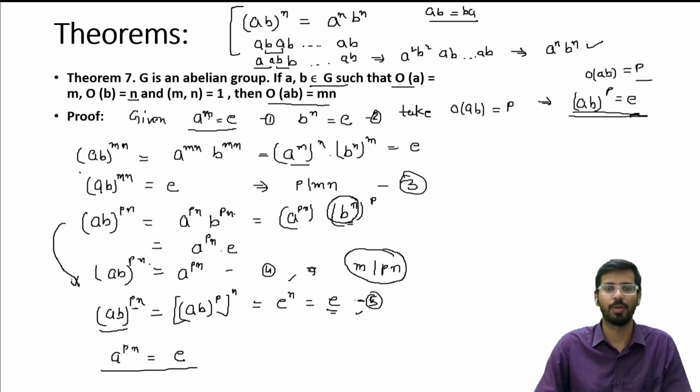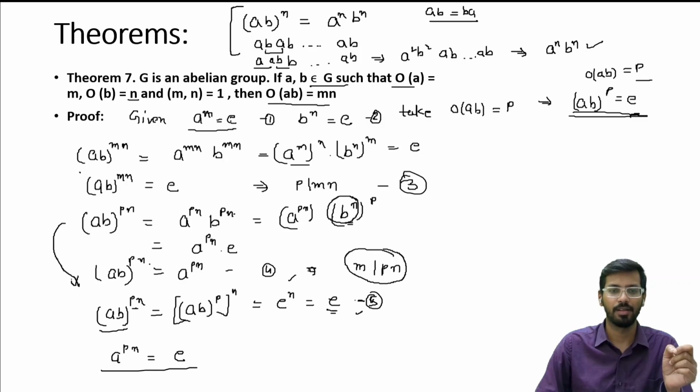अब जो हमने इनिशियल लिया है कि a रेस्ट पावर m इज इक्वल टू आइडेंटिटी एलिमेंट, क्योंकि यहाँ पे जो m है वो लीस्ट पॉजिटिव नंबर है, इसके ऊपर और भी नंबर हो सकते हैं कोई भी जो इस इक्वेशन सेटिस्फाई करें, लेकिन m इज लीस्ट पॉजिटिव नंबर, तो दैट मीन्स दैट m divides pn।